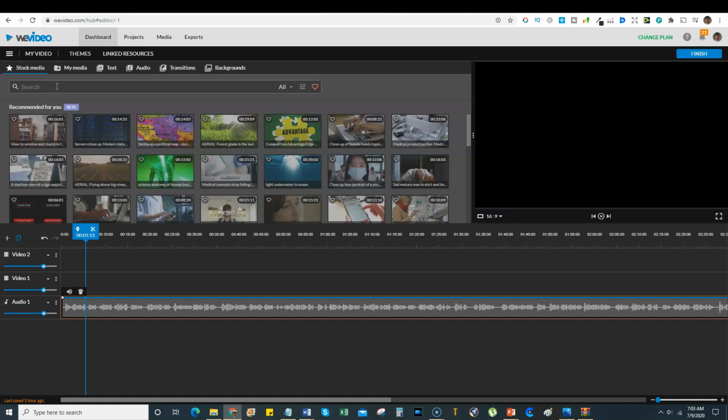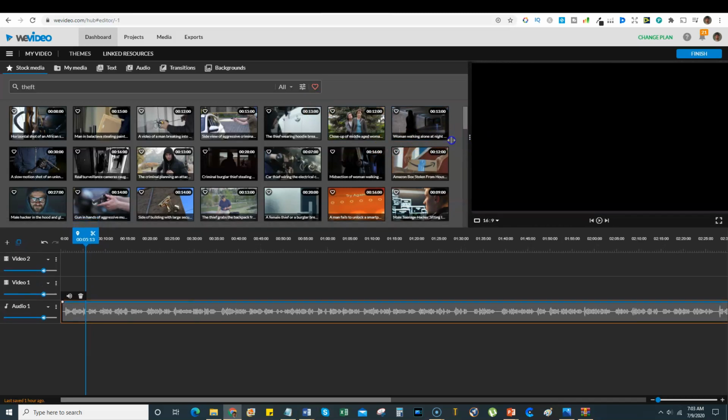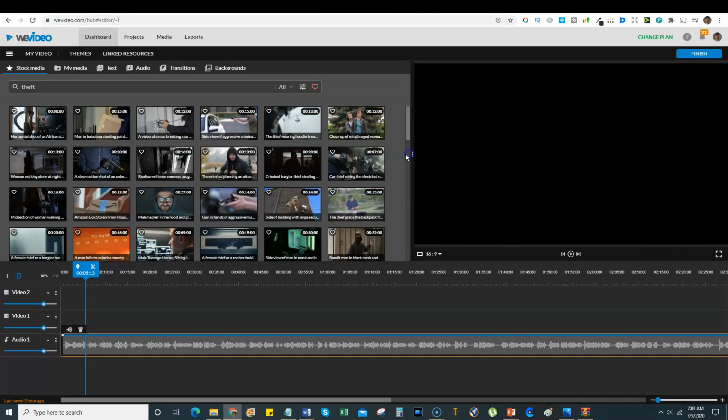But using probably 10 different video editors, this has become my favorite because I can type in theft under stock media, and by paying for this software, you get access to basically Storyblocks, an unlimited supply, millions of assets of images and stock video footage. And you get that inside of this membership, which is just awesome. So theft,